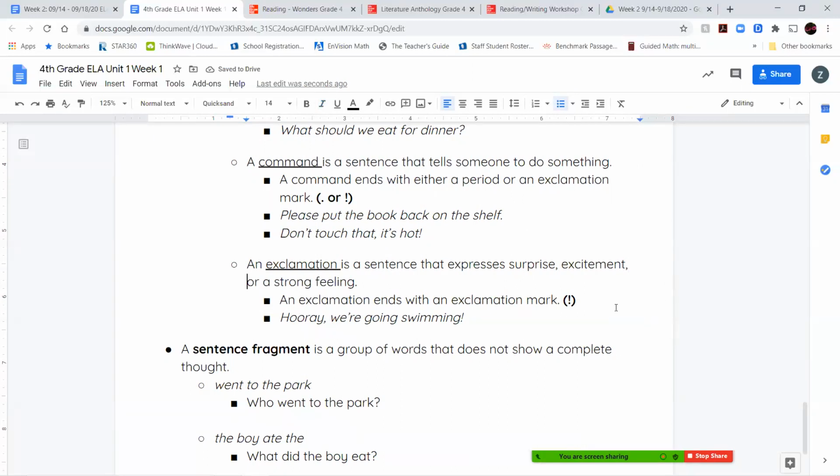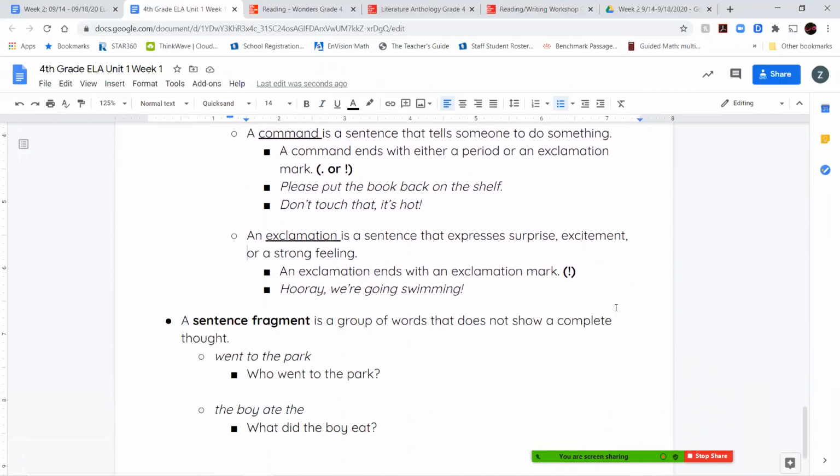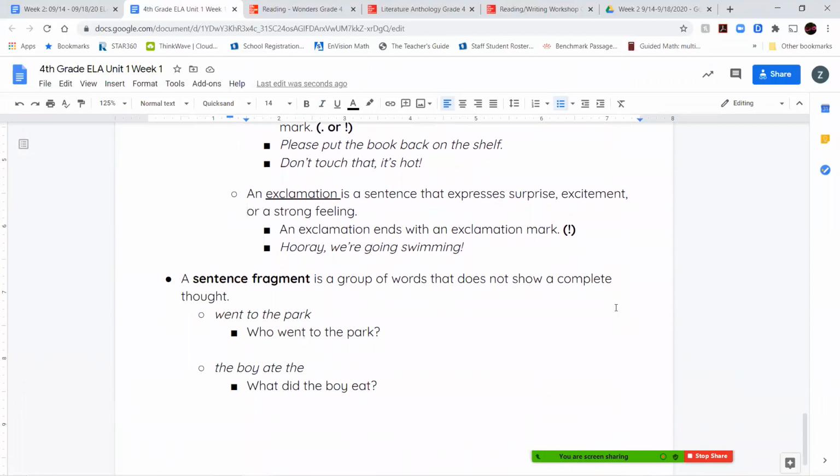Now, when you are exclaiming something, that means you're shouting it usually, right? You're saying it with a lot of strong feeling. There's excitement and emotion in your voice. So you can say, "Hooray, we're going swimming!" So you're showing a strong feeling, a happy feeling, but you can also use that to show other feelings as well. Now, those are the 4 kinds of sentences we're going to talk about, but we're also going to cover